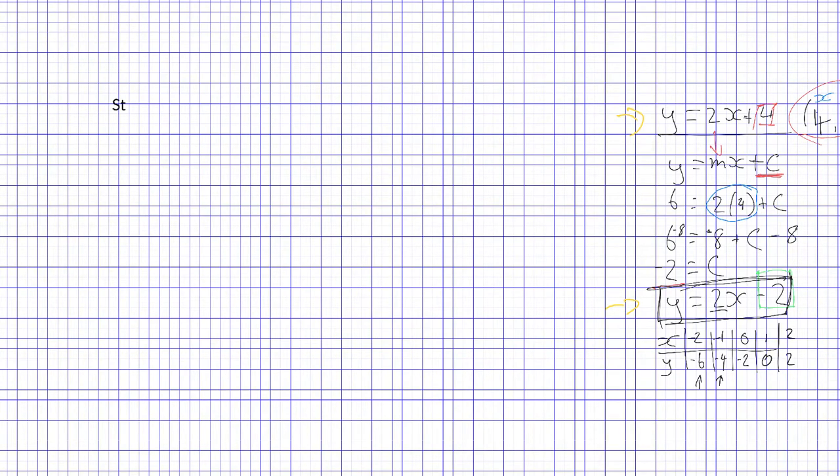So, step one. The first thing you're going to do when you get asked to find the formula for parallel lines, you're actually just going to rewrite the problem. And as you can see there, we've rewritten our original formula of y equals 2x plus 4, and we are done. So, step two. Now, this is to keep you on track